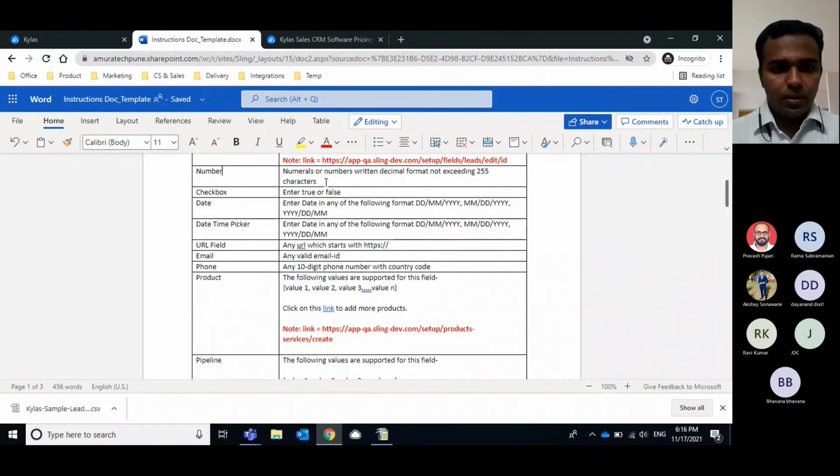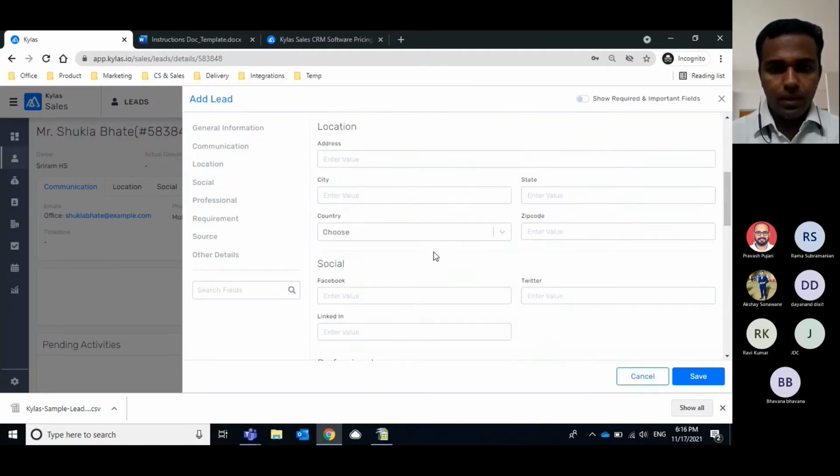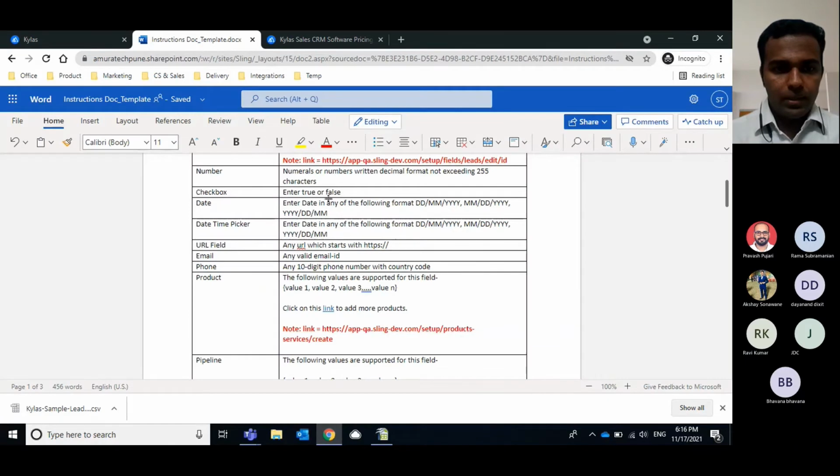You have to enter only digits. And there are checkbox fields, for example the DND fields you have in the Kaila CRM system. Such fields you have to enter as true or false in small cases. Otherwise, the system will reject the record.